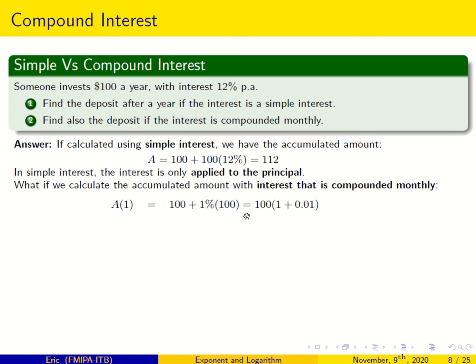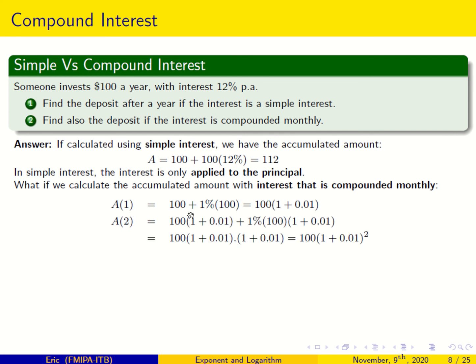Okay, yeah. So in the first month, I just have this. This is 1% because 1 month is just 1% the interest. What about the second month? The second month is this plus 1% of this. So the interest is on the principal plus the interest of the interest. Okay, yeah. So this is the